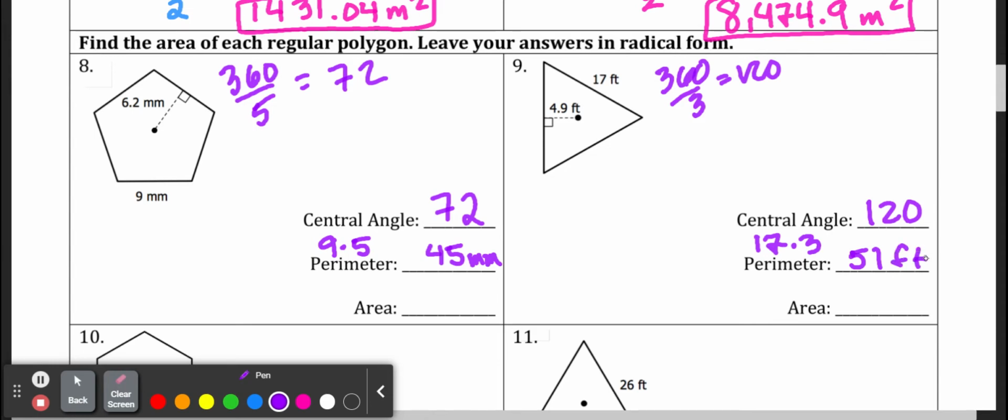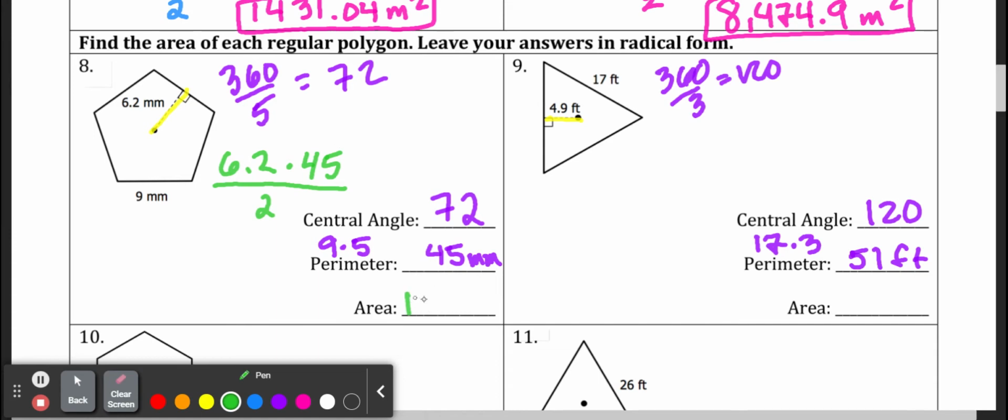Okay, then the area, now we want to use our formula. They're giving me the apothem already. So we just really have to do this times the perimeter, this times the perimeter, and divide by 2. So let's do our final answer in, what color have we not used yet? I like the pink. Let's try the green. I feel like the green might not be good. Okay, so we're going to do 6.2, that's not bad, divided by 2 times the perimeter, so 45 times 6.2 divided by 2,